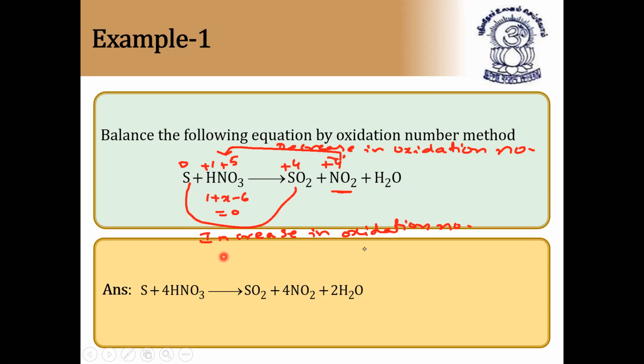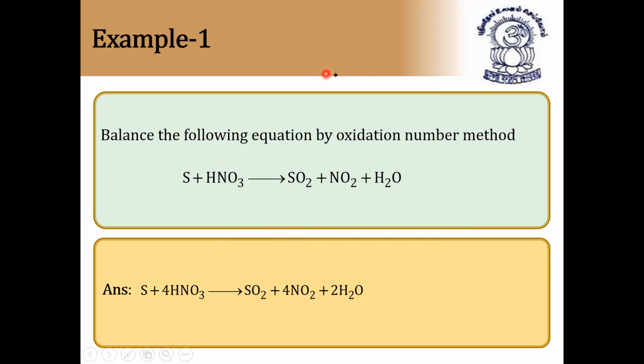Just like this you have to do. Why did we get 4 moles here? Because nitrogen is changing from +5 state to +4. When nitrogen dioxide is formed, automatically we should know that nascent oxygen is formed. When nascent oxygen is formed, how many? It is 1. So it is equal to 4. So we have to do like hit and trial method, oxidation number method. Next,